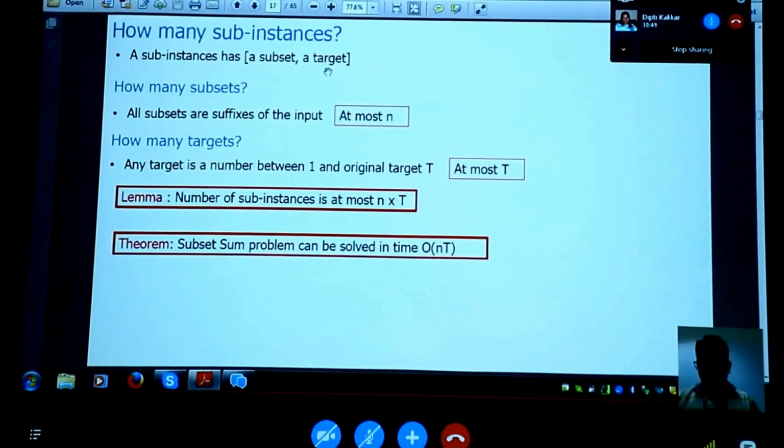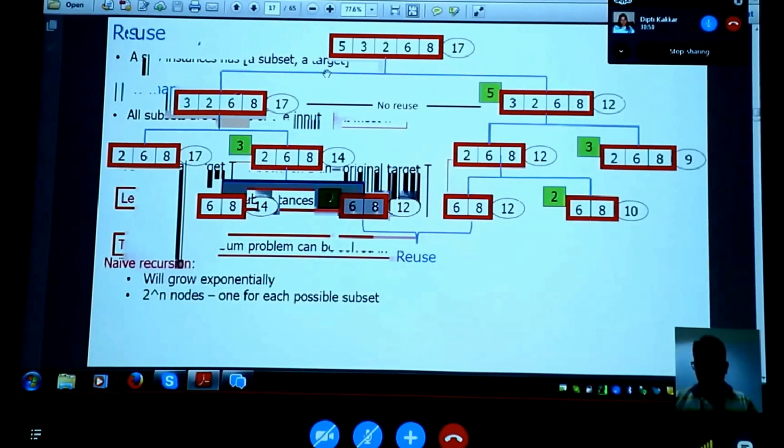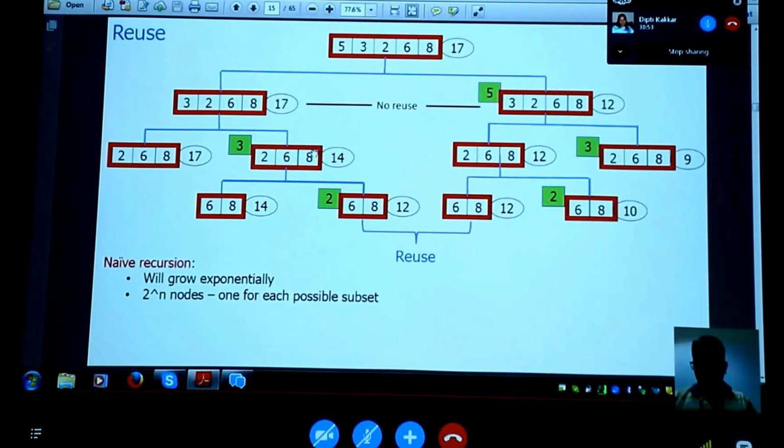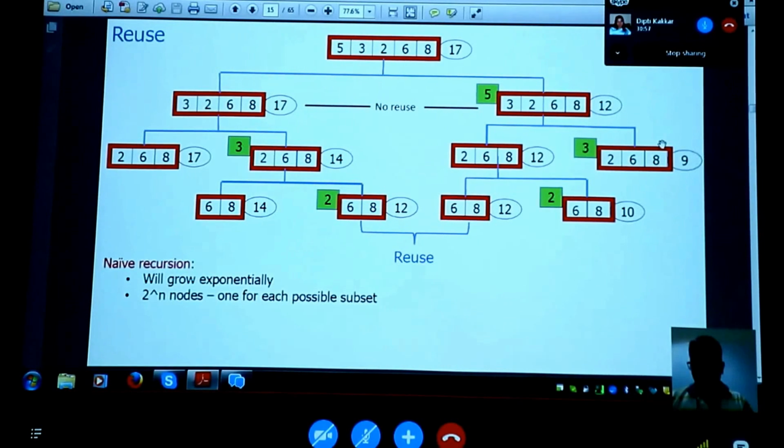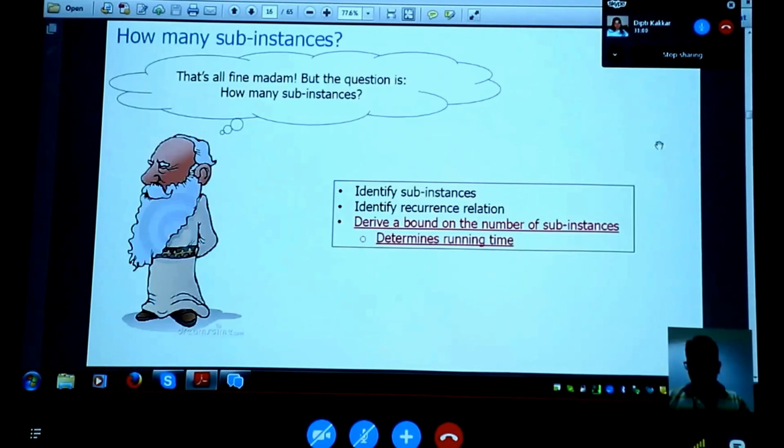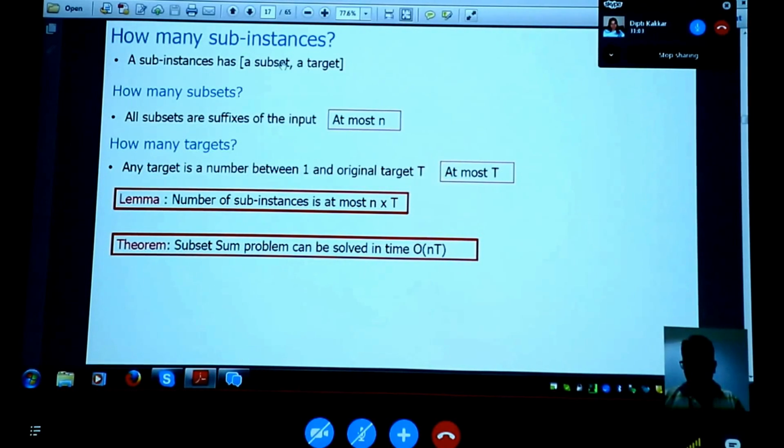The target, right? We have been changing this target, so we have to be careful. So it's 17, it's 14, 12, 10, 9, you're changing your targets, right? So I really don't know what an instance gets as its target, right? So we need to account for what these targets are going to be.